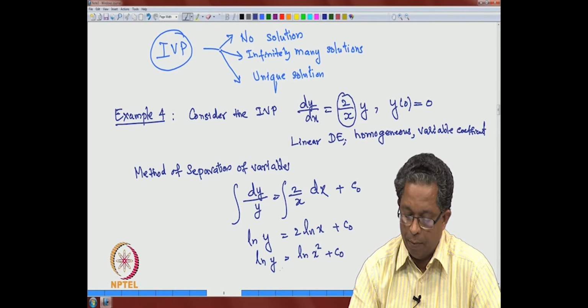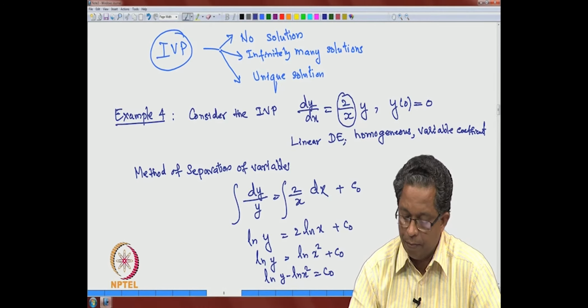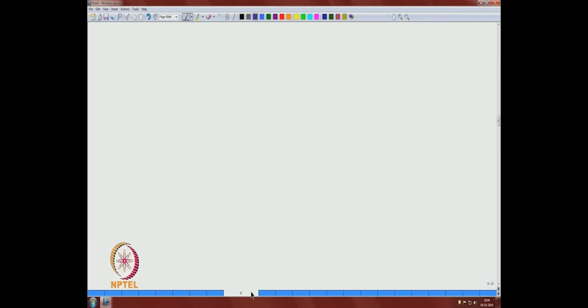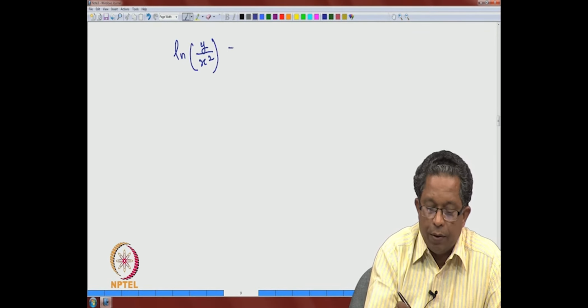Bring this term over here: ln of y minus ln of x square is equal to C0. That is ln of y by x square is equal to C0,